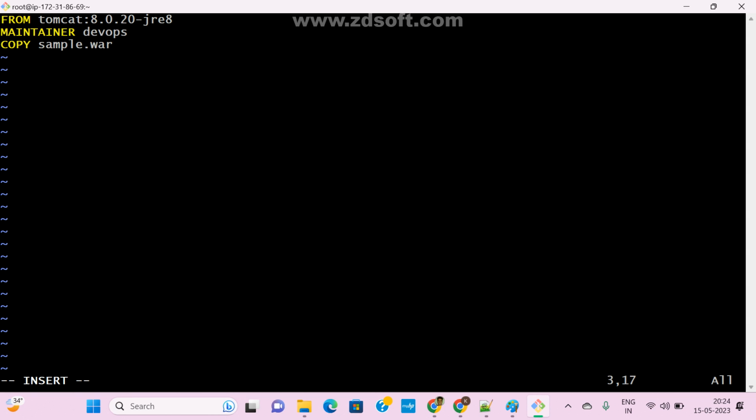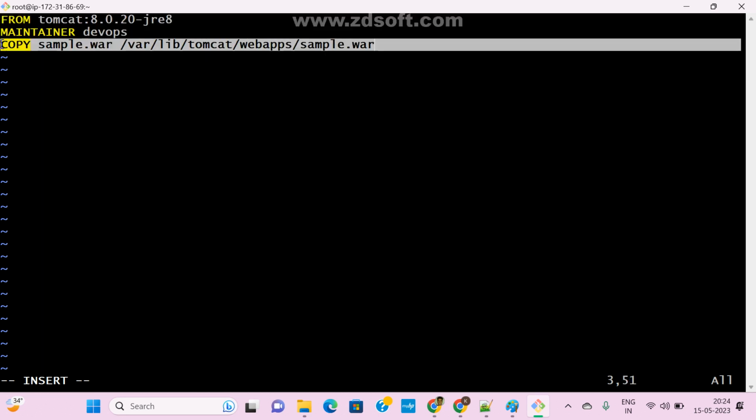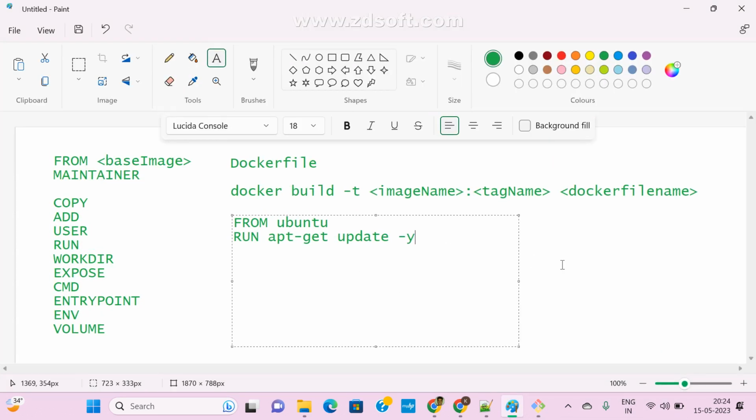This is the destination: /var/lib/tomcat/webapps/sample.war. This is the source and this is the destination. Don't get confused here.